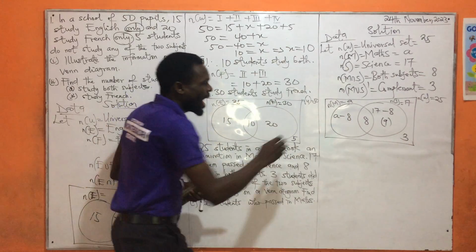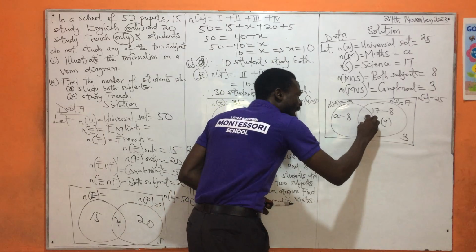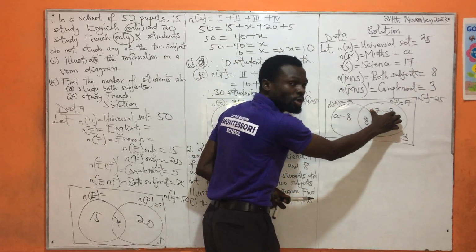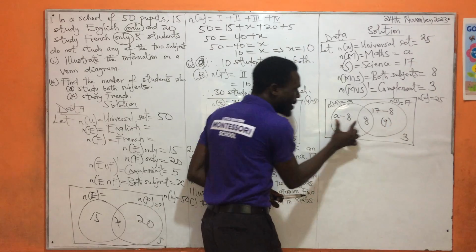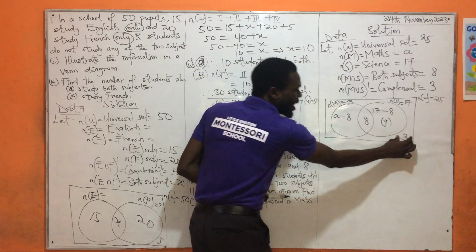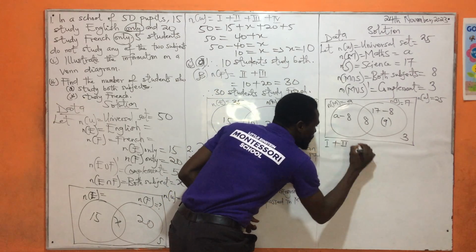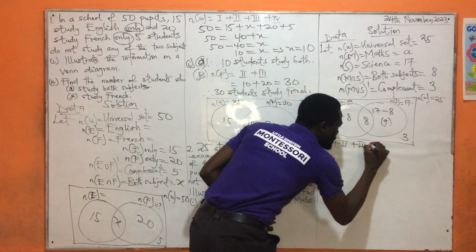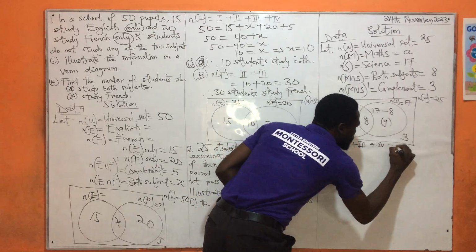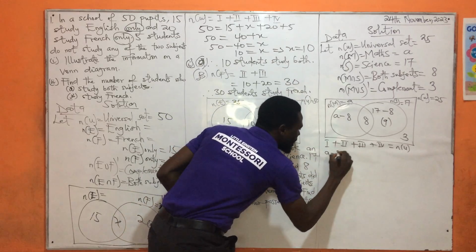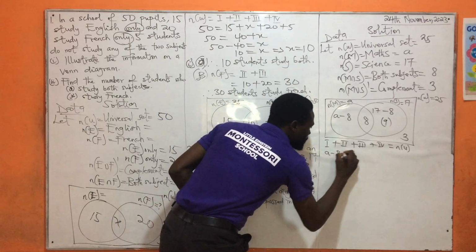Now what do you do? Add region I, region II, region III. Now we have this. Because the subtraction is possible, that is why we have this. But this it is not possible. And we have our complement. So we are going to say region I plus II plus III plus IV is equal to the number U. So what do I have at I? I have A minus 8. II, plus 8